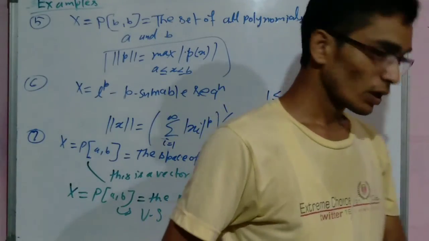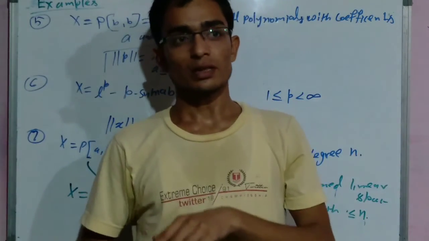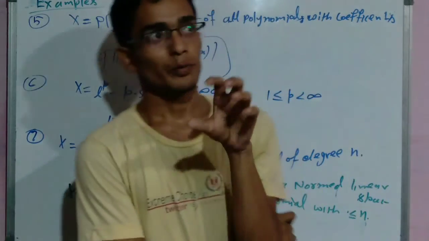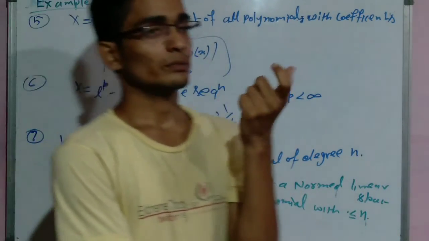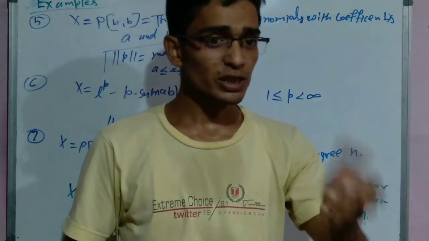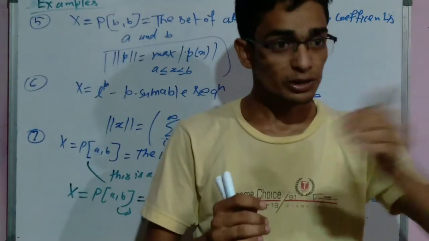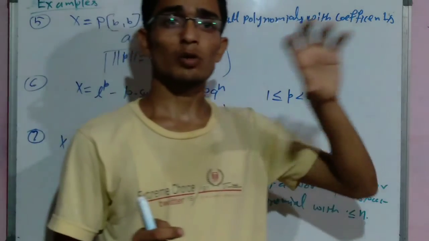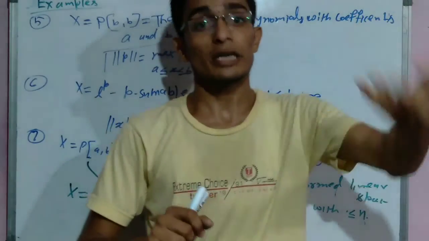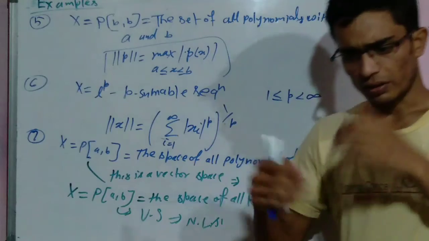In the next lecture we will discuss convex functions. Also we will discuss some important results, such as whether every normed space is a metric space or not, and that the converse is not true. We will talk about in which conditions every normed linear space is a metric space, and what the conditions are. We will also talk about translation invariance. So in the next lecture.